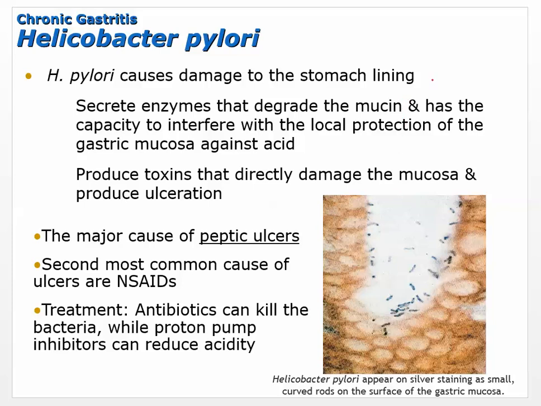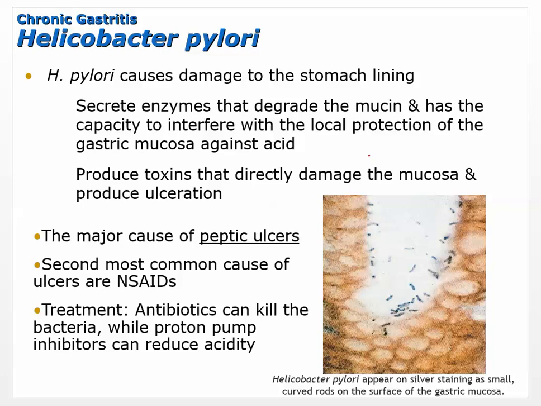So mucin is the little protein that gives mucus this thick, slippery consistency. H. pylori can actually damage that mucin, which is going to interfere with the protection, because that's what the mucus is for. The mucus protects the mucosal lining, the inner lining of your gut all the way through. So H. pylori can get a foothold in there, damage that mucin, which is going to compromise